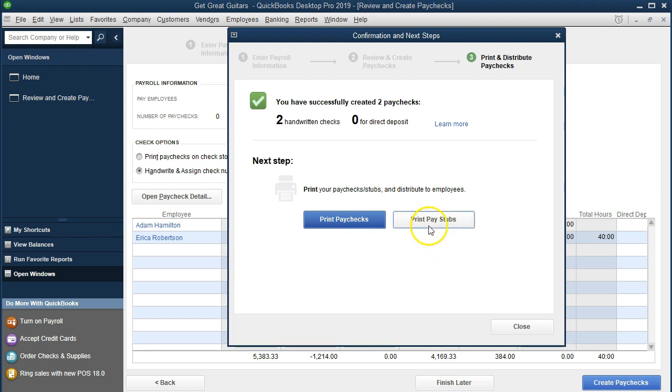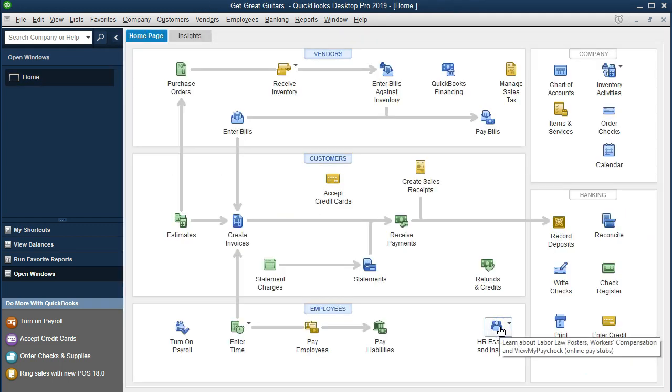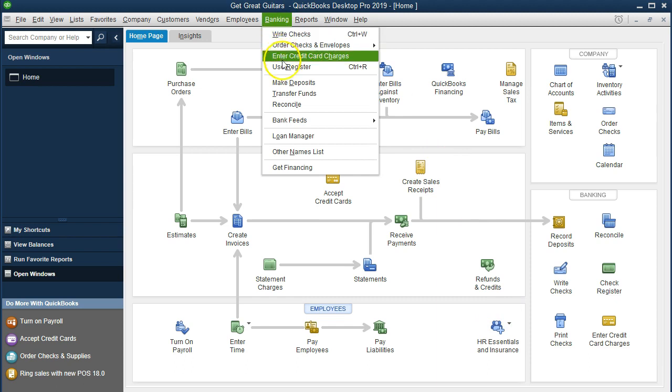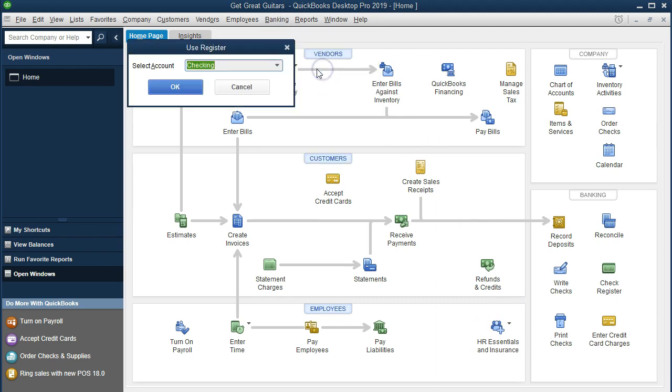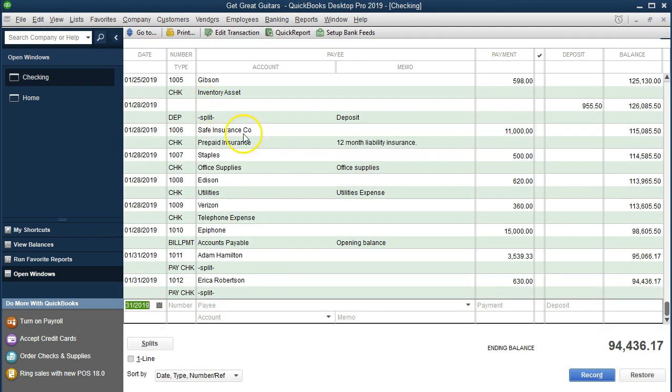And then what we would want to do is not print the paychecks, but print the pay stubs. Now here we don't need to do that either way, but just if you were to do, I'm going to go ahead and say close this, and then I would check that the payroll has been done by going to the register now. So I'm going to go to the check register, going up top to the banking. We're going to use register, default to the check register. We're going to say okay, that's the one, and we're going to go down, and here's the two checks,